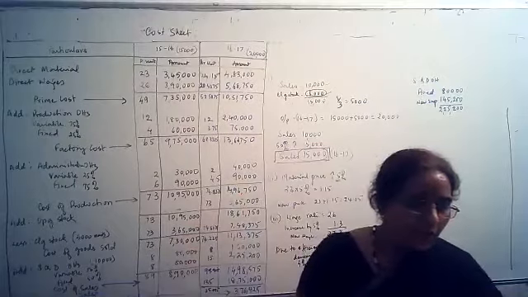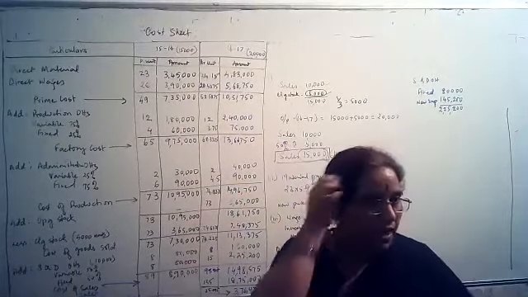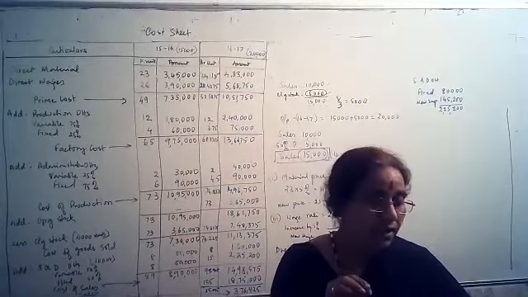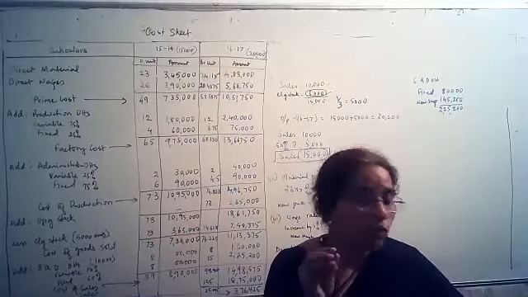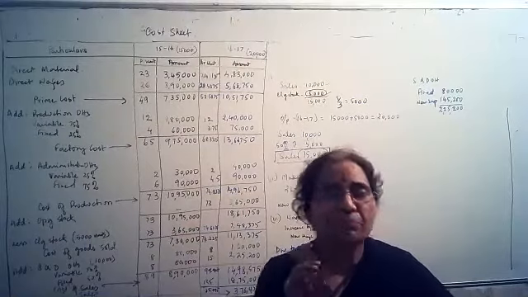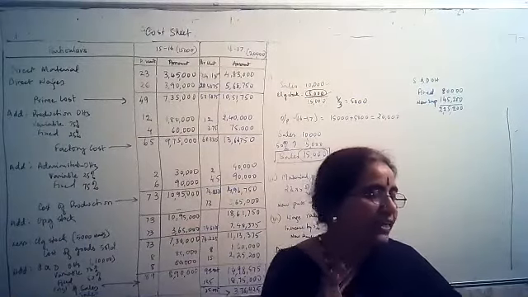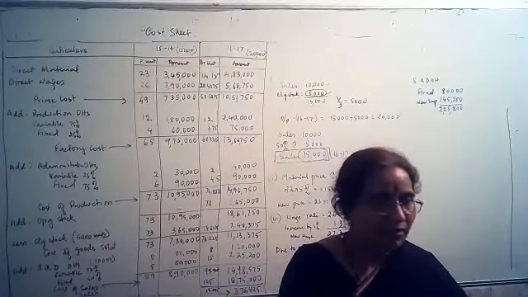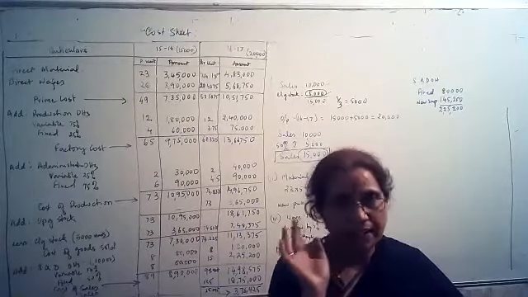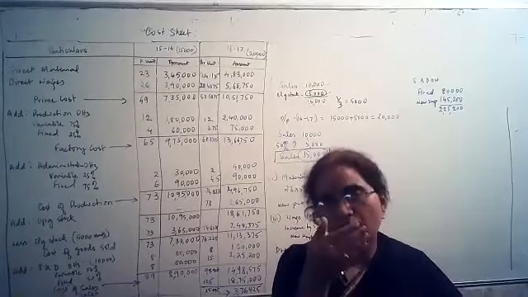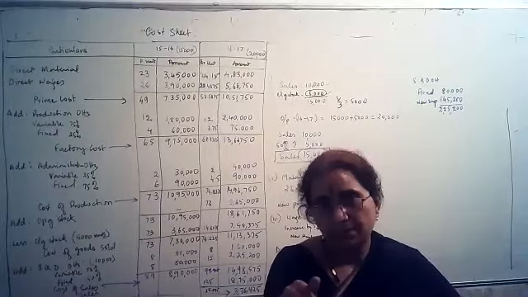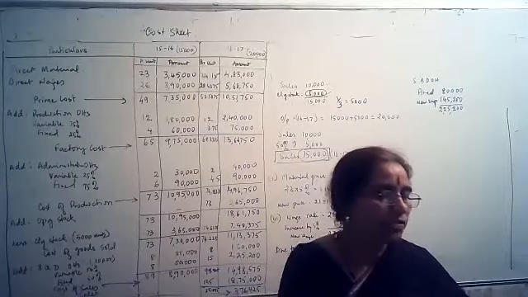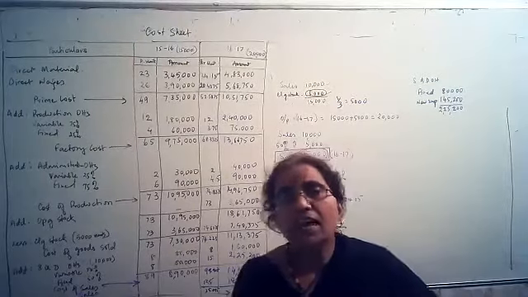Besides that, you need to quote the price. When we do advertising and are asked at what price you will do it, they say you need to quote a price wherein you will get a margin of 12.5%. Your firm works 20 days a month and 8 hours a day. So the salary they are paid has to be divided by 20 into 8, so that you get the rate per hour. Then multiply it by the number of hours they are giving service to this particular advertising job.